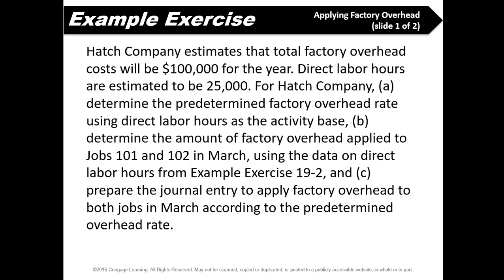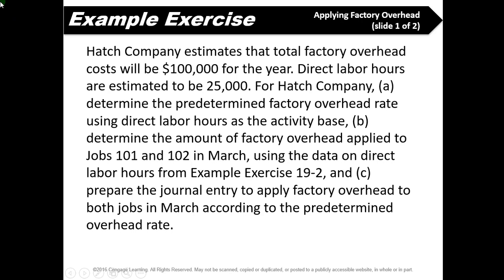So for Hatch Company, what is the predetermined overhead rate using those estimates that we were just given? Once you have determined that predetermined overhead rate, you should be able to figure out how to allocate the overhead to jobs 1 and 2,